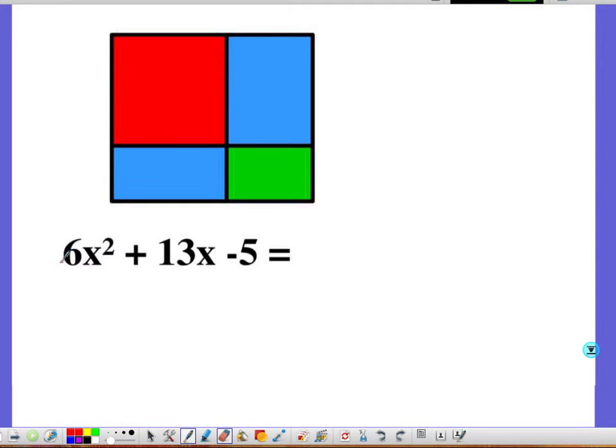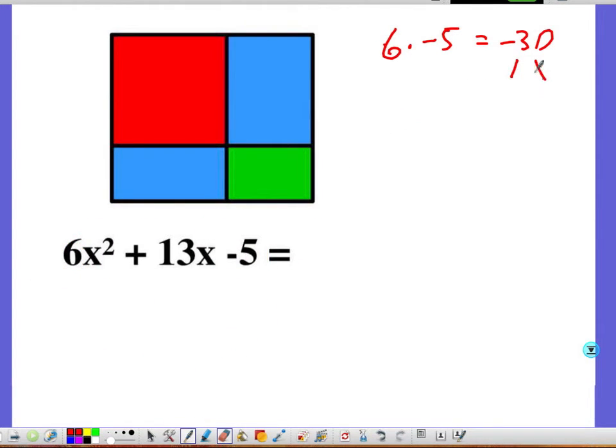Again, the very first thing that you want to do is see if you can take out any common factors, the greatest common factor. In this case, there's not going to be any. Now the grouping method is going to be doing the same thing up to a certain point. So we're going to still be doing the same thing at the very beginning. What you want to do is take the coefficient of x squared times the constant, 6 times negative 5, which gives me negative 30. So notice we're still doing the same thing,